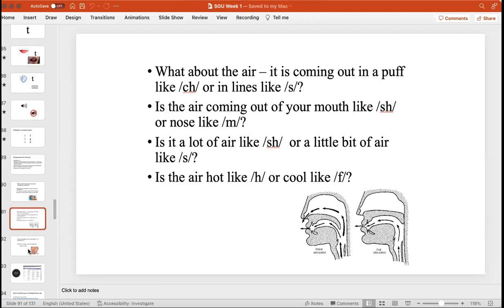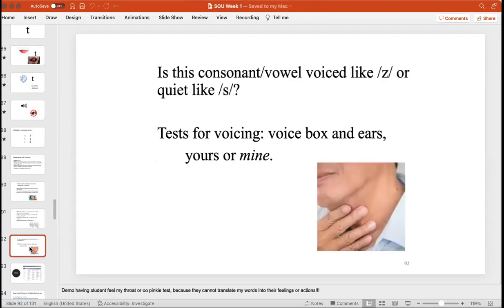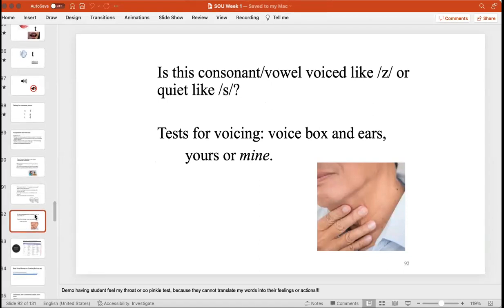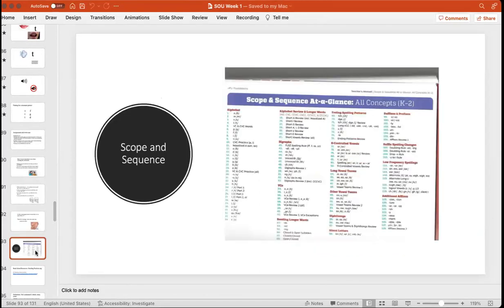Okay. Then the last part of the generic question is, is this consonant or vowel? Is it voiced like z or is it quiet like s? Okay. So every time you're teaching one of the consonants, those are the 3 types of questions that you will be asking. So this is, and I did put it into the Moodle also, the scope and sequence